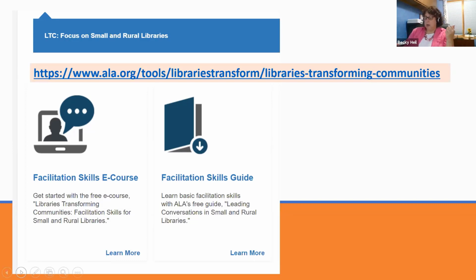It's really detailed. And I will tell you, I worked with a community, and the librarian pulled me aside before we were headed into this session where we were going to be doing some brainstorming. And she said, we invited the mayor to this, and he's anti-library. And part of the reason he's coming is so that he can get you off track and get people moved over to his side of things. And she said, so I just want you to be prepared. I kind of had to take a second, take stock and go, uh-oh. But as a facilitator, if you do your job right, then that person shouldn't be able to get you off track. And that's what this is really good at, is helping you feel comfortable in managing those conversations